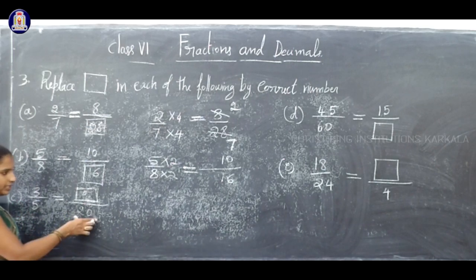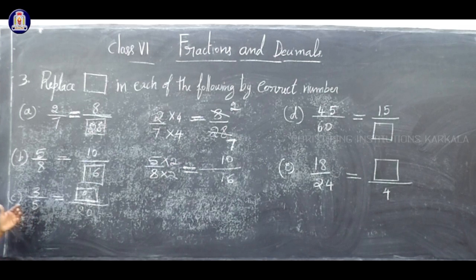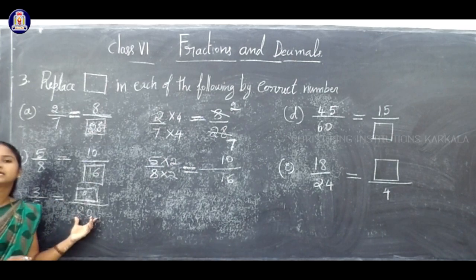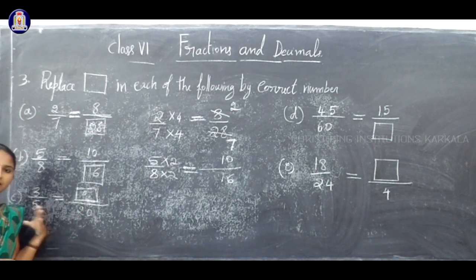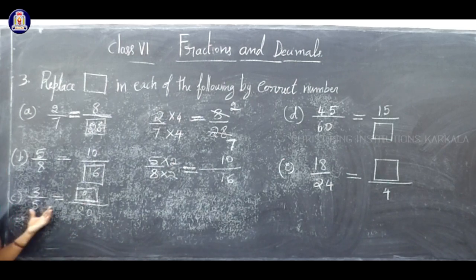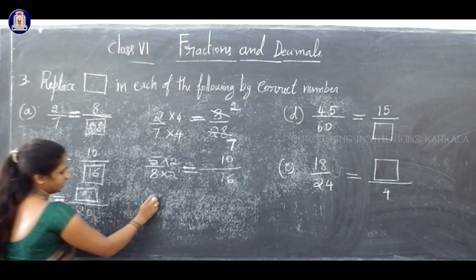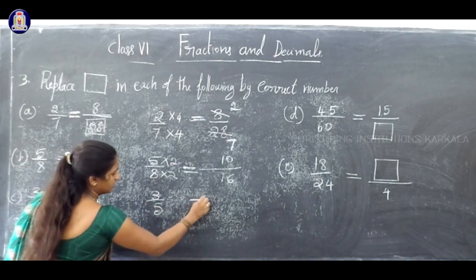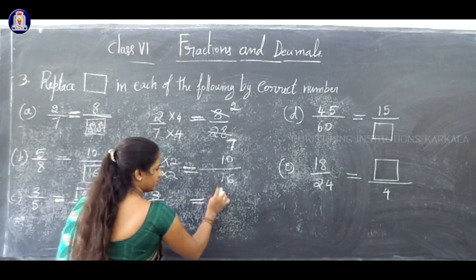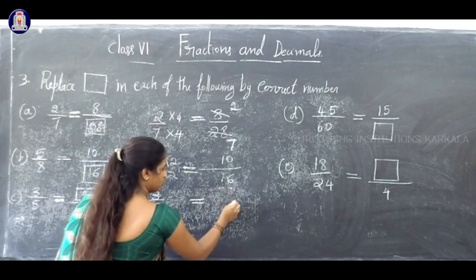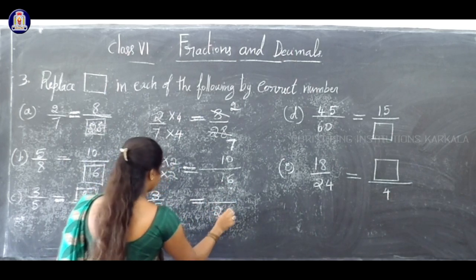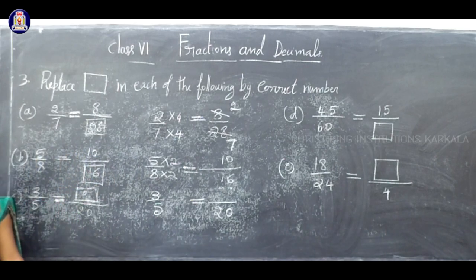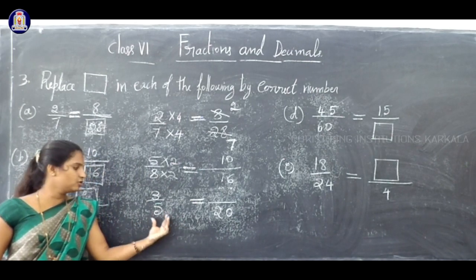Denominator is 20. Now we have to compare the left hand side denominator and the right hand side denominator because those two values are given. And in between these two fractions, the sign given is an equal sign. So both denominators are equal then. Okay, so now write 3 by 5 is equal to, numerator is question mark. Denominator is 20. So you know that 5 4s are 20.